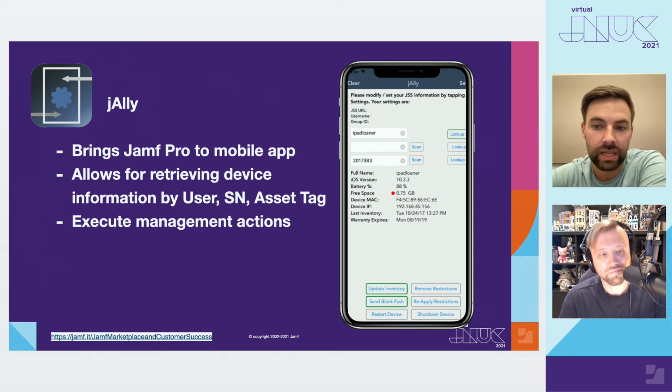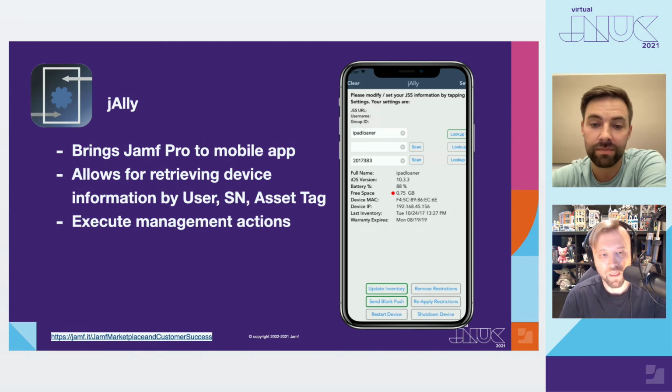This application can allow users to perform actions like viewing device assignments based on a username, a serial number, or asset tag. It also allows you to check on inventory information, such as the iOS version, battery, free space levels, IP or MAC address, last inventory date, and the warranty information if that's configured for your installation.